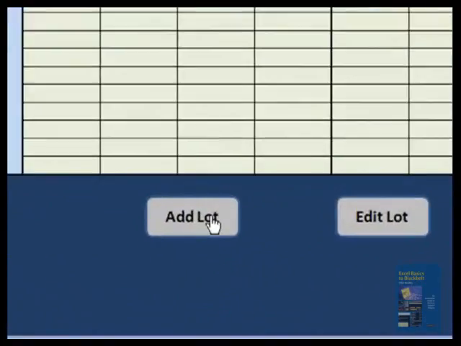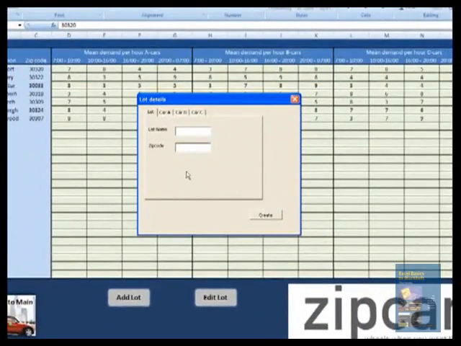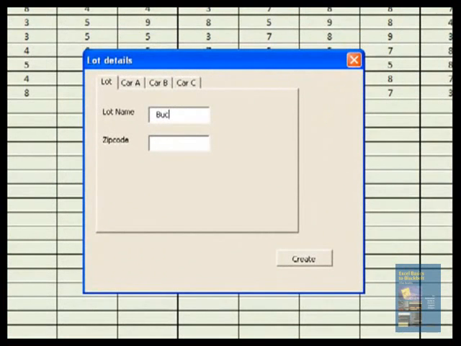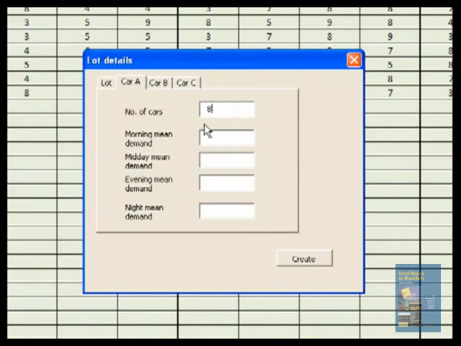So in this screen, if he wanted to add a lot, for example a Buckhead lot, with zip code 30326, he enters numbers for each car here. Not only the number of cars, but he also enters the mean demand for various time periods, because that's how we're simulating the demand in this case.